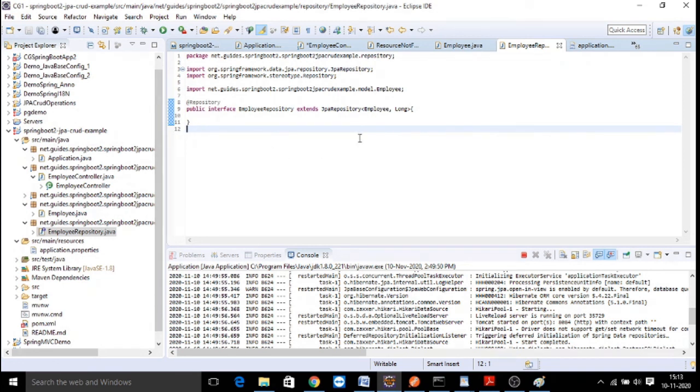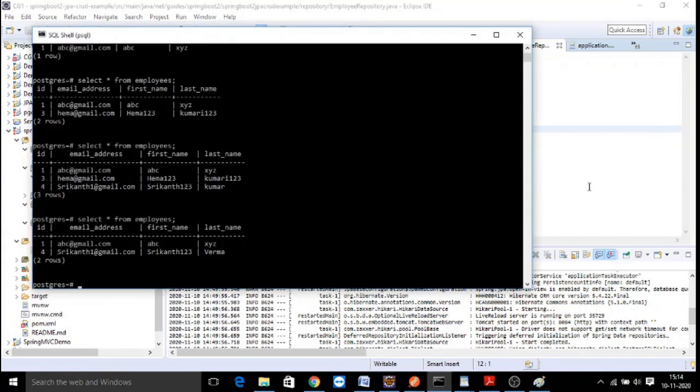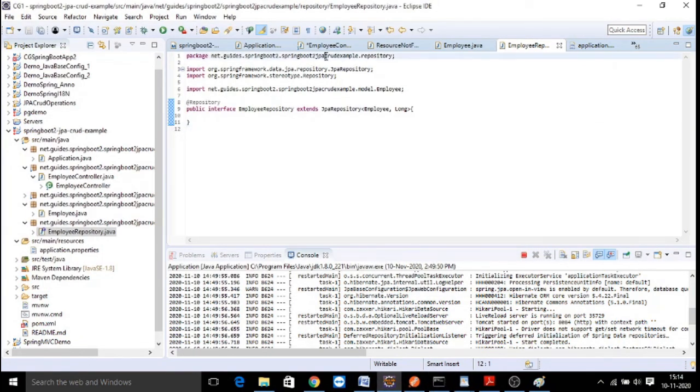Whereas in a core application, when we write a repository, we used to write totally customized methods for performing find all, remove all, update all, add all, right? But here it is not required. So this is what you can practice with, and you can always check with the database and look into the database properties. These are the properties I am using.